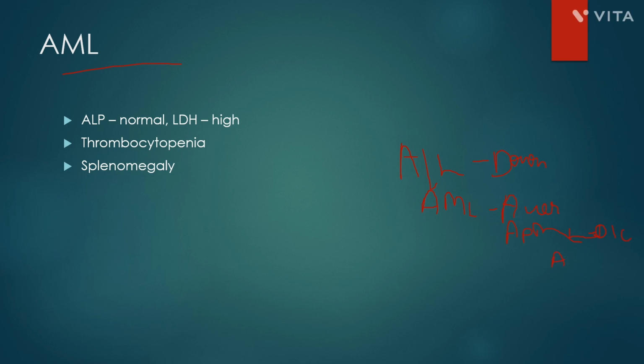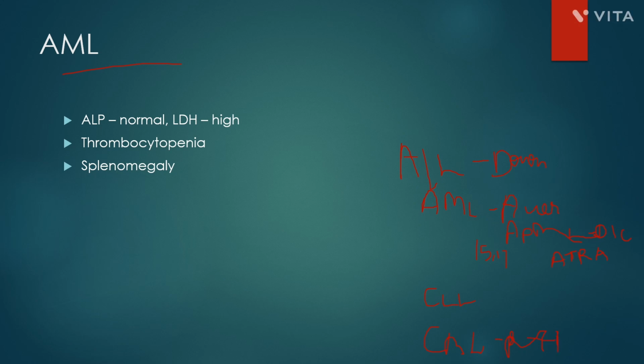All-trans-retinoic acid, because the translocation is PML-RAR alpha. So APML is t(15;17), which is the translocation there. Then you can have CLL, where there can be thrombocytopenia, splenomegaly, lymphadenopathy, again in the elderly. In CML, platelets can be high here. Platelets can be high,